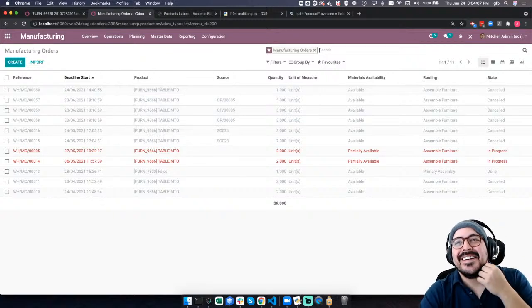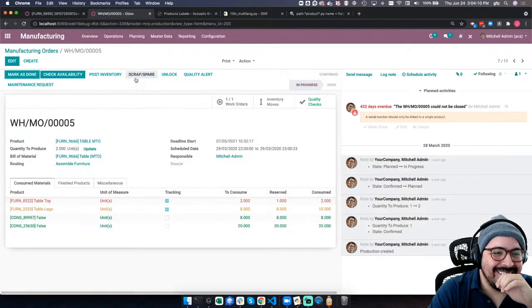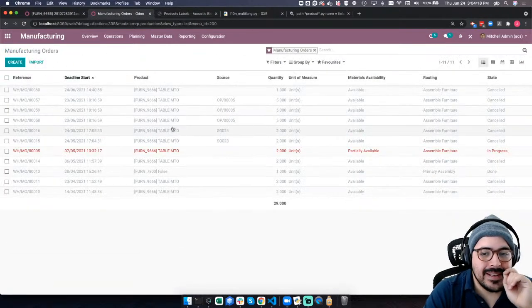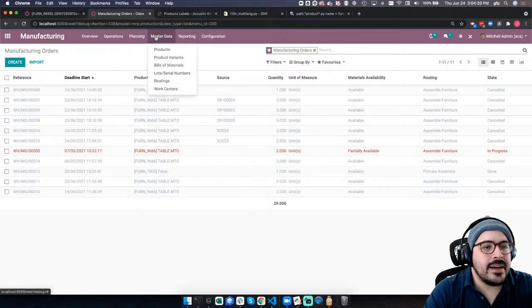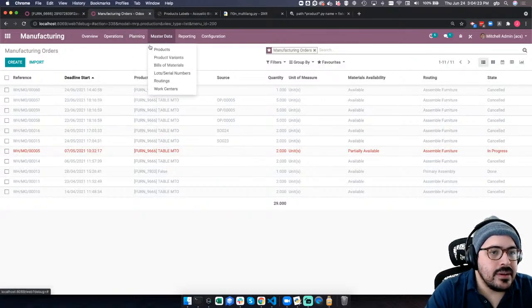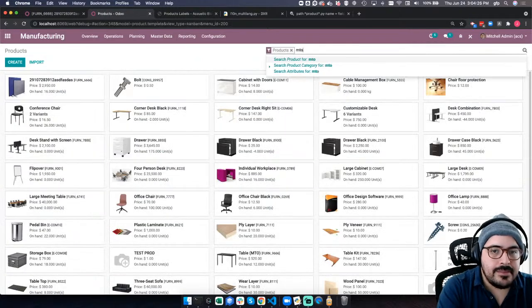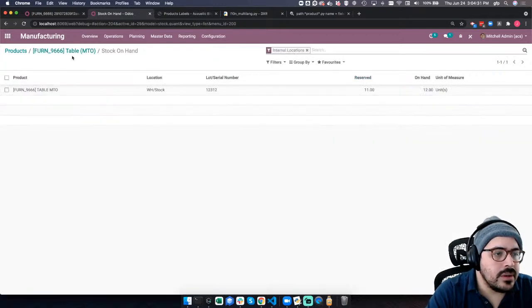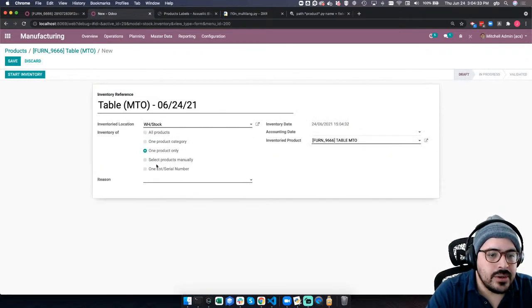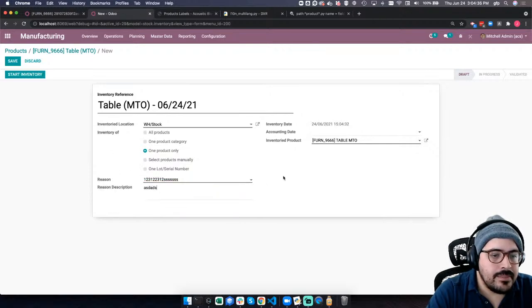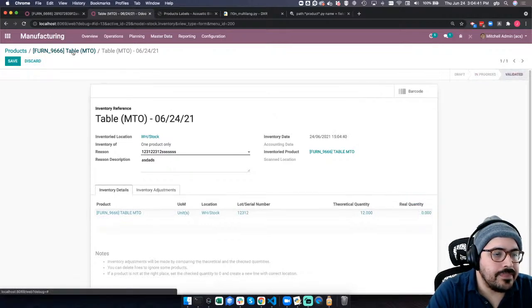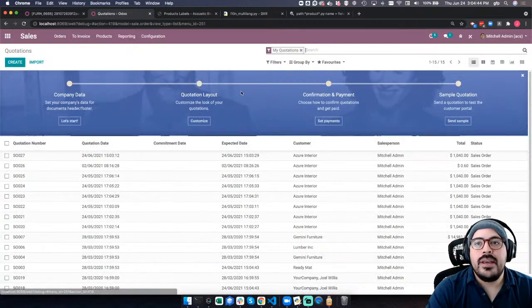Oh, this is still on work in process here. Cancel. Let's cancel that one. Okay, so we only have one. What other thing do we have? Let's go to MTO and make sure that table MTO on hand is 12. That's not true. We should update the quantity on hand to 0. Start inventory. Set quantity to 0. Validate. Okay, there we go. All right, cool. Now that we have that set,